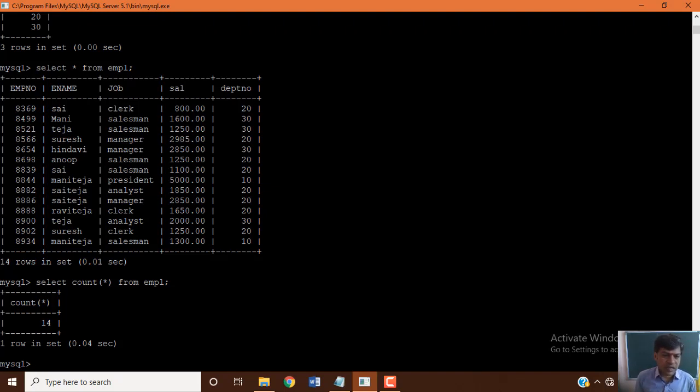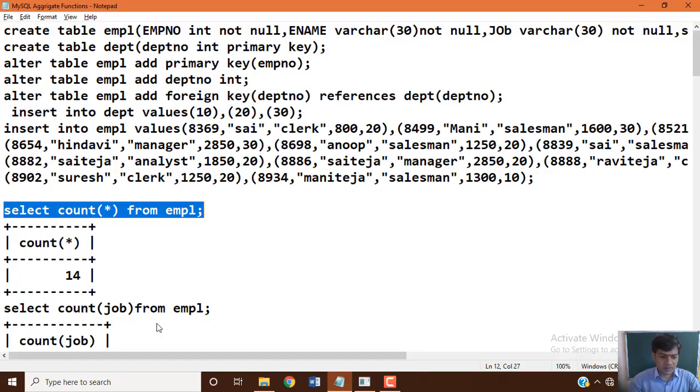The total number of rows available in the table, including any duplicate or null values, will be counted: 1, 2, 3, up to 14 records, 14 rows of table data.